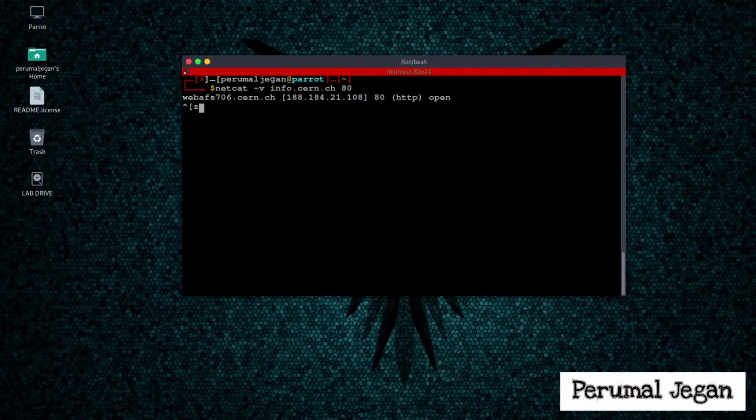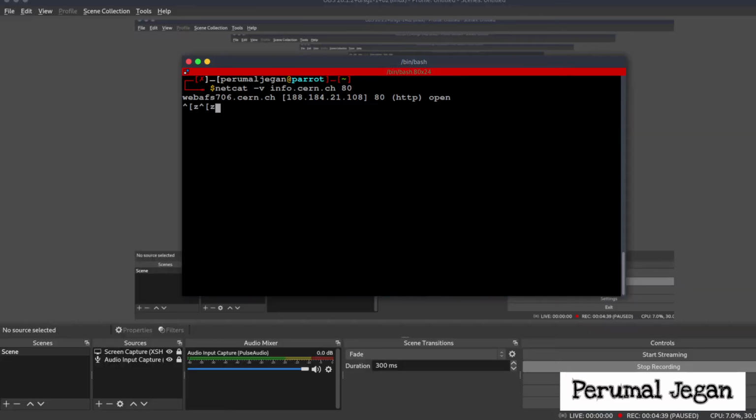That website is listening on port 80, so my netcat tool opened a connection to that web server. In this case, can we say my machine is acting as an HTTP client? Yes. So we are going to replace these two tools by using Python programming.